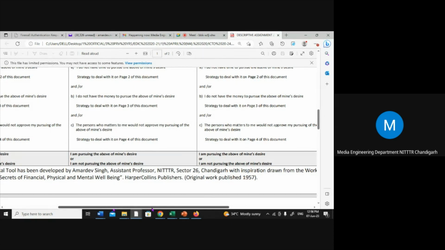So I will share one personal example without naming anyone. There was one event going on in NITTTR Chandigarh. In one of the events, we invited a vice chancellor or chancellor of a central university, who was Padma Shri awarded, if I'm not wrong. One of his scholars came to meet him.